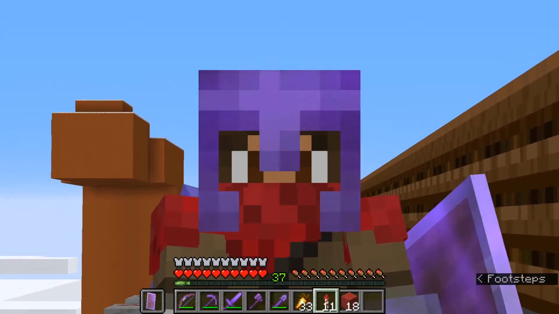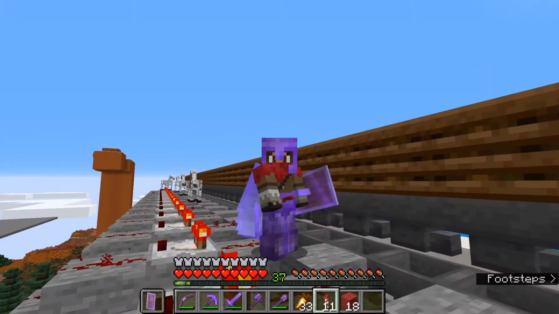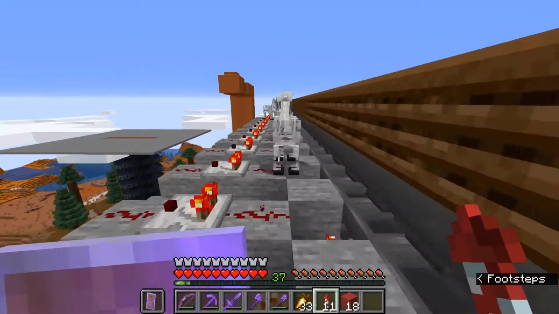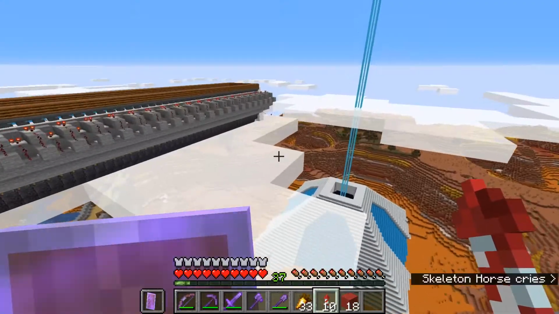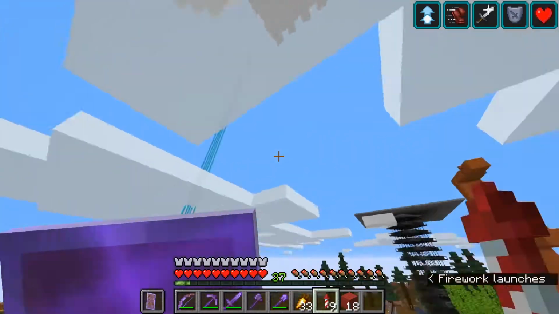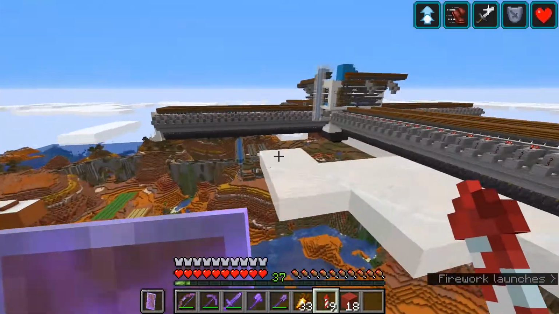Something weird has been going on this server. Those things over there: skeleton horses. Now, skeleton horses aren't weird in themselves. The weird thing is, this entire base is completely disconnected from the ground, and yet up here are some skeleton